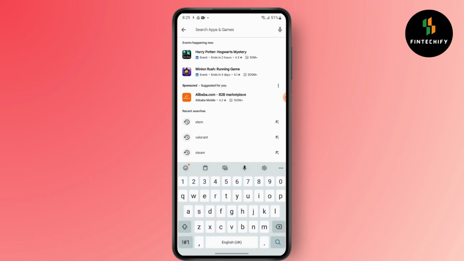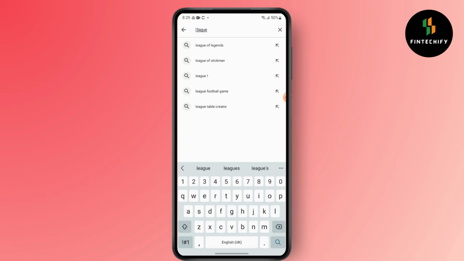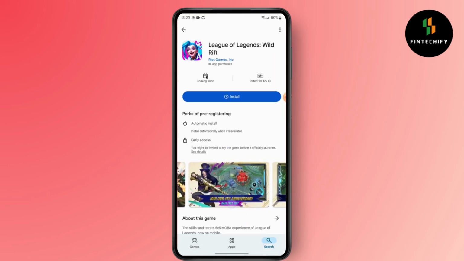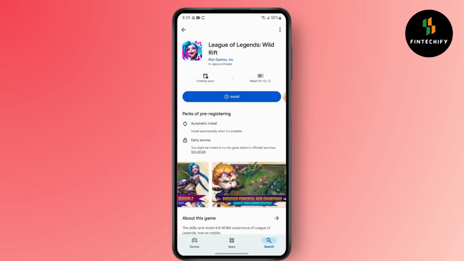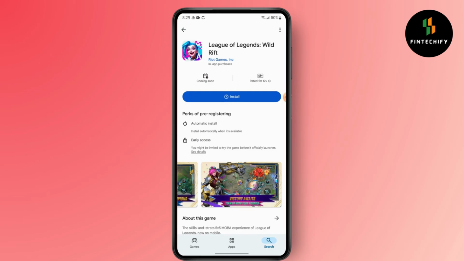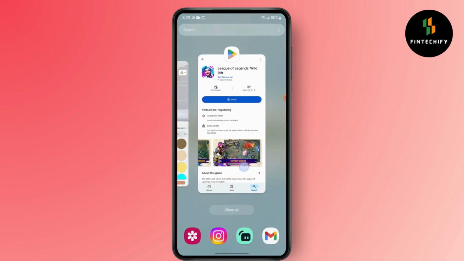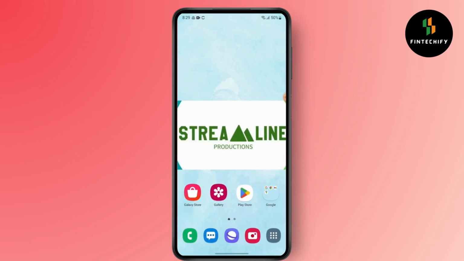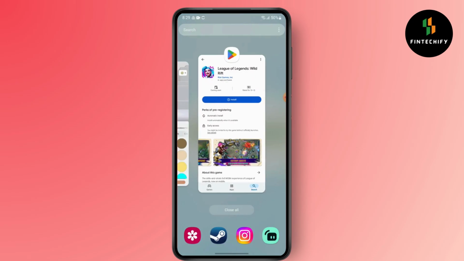First, go to your Play Store and then search for League of Legends. This is the game you are looking for. If you already have installed it, make sure you also have the latest version of the game. As you can see, for me the game is not available yet, so I cannot install it. But if the problem of freezing or crashing is occurring, make sure you have the latest version if you have